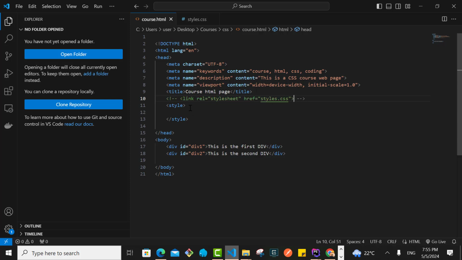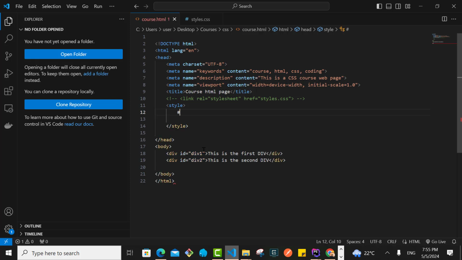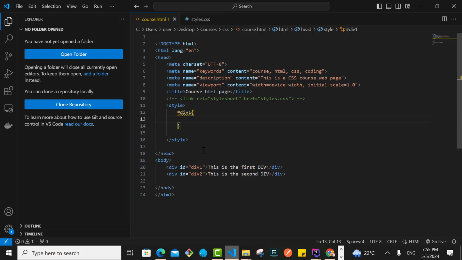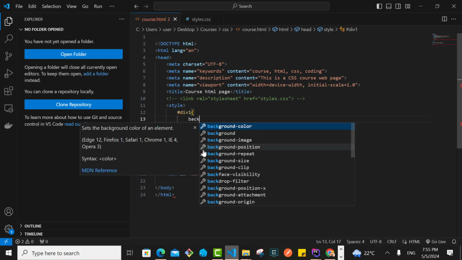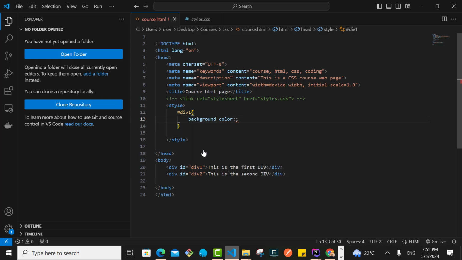And now here on our style tag, in order to format the specific first div, I'll need to select the ID, and the way you do that, you use this hashtag and then the name of the ID, which is div1. All right, and then you just apply the CSS styling like that. I just say, for example, background color, let us say maybe yellow,